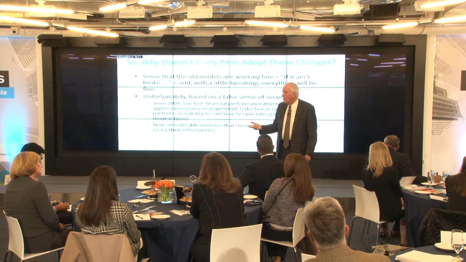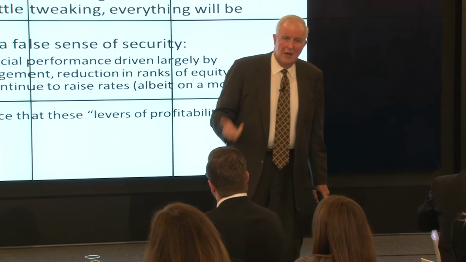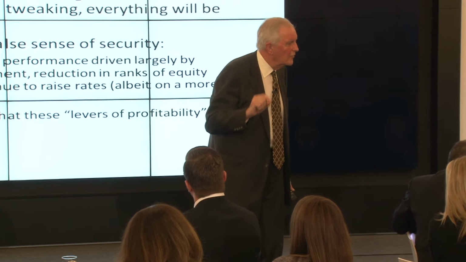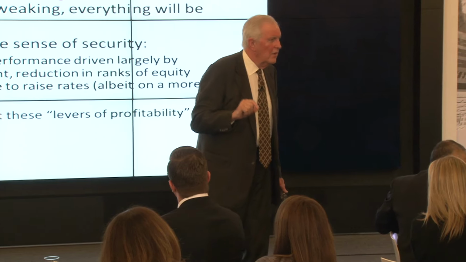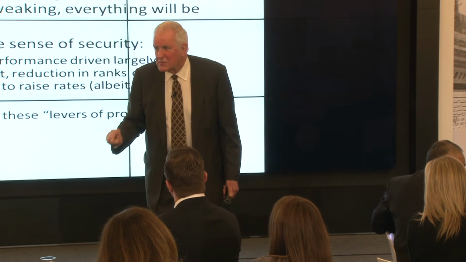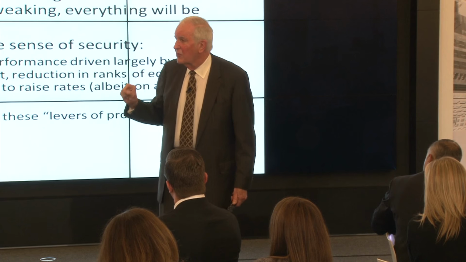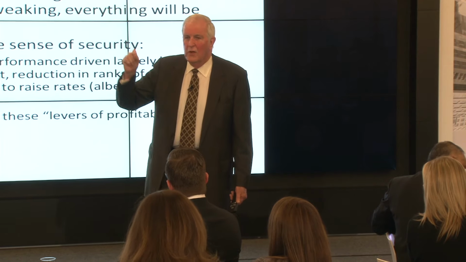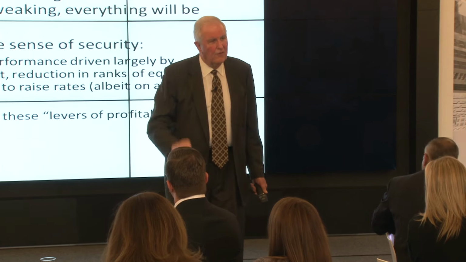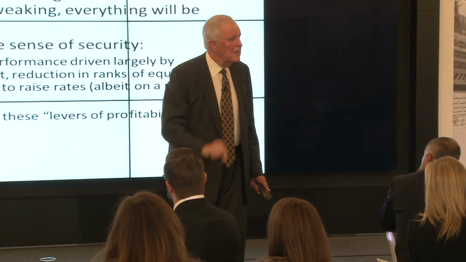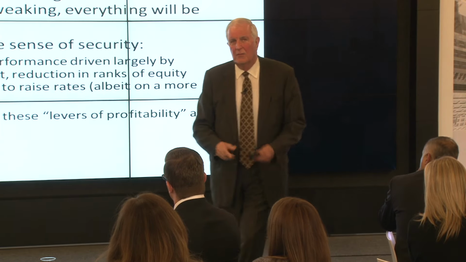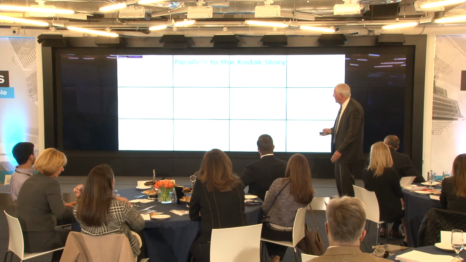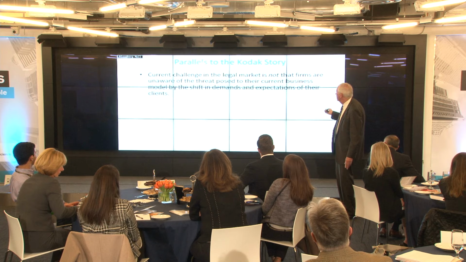In terms of equity partner rank reductions, there's not a lot more to be done. We've got a growth in equity partner ranks of about 1% across the profession. We can't screw that down much more, okay? And in terms of rates, we are now seeing signs that the rate increases are harder and harder to get. Realization rates have now fallen to their lowest level in the history of the profession and show no signs of going anywhere except down, all right? So there is considerable evidence that these levers are no longer working, and the current challenge in the market is